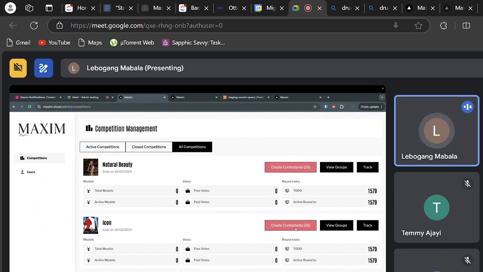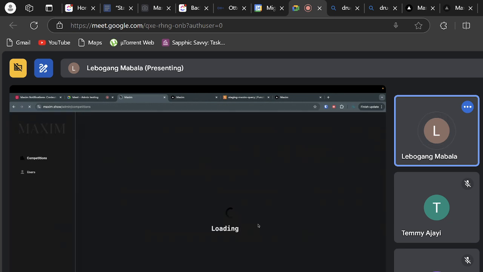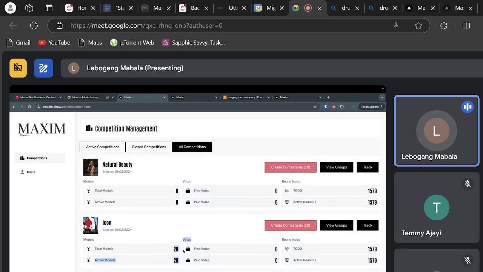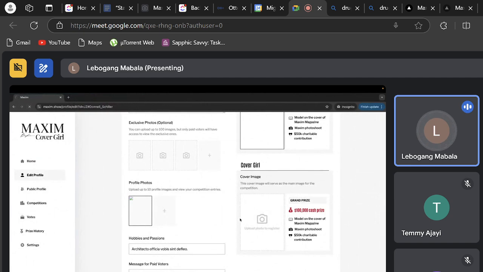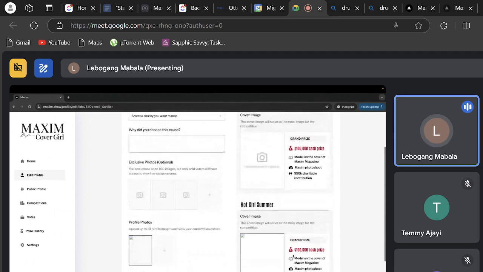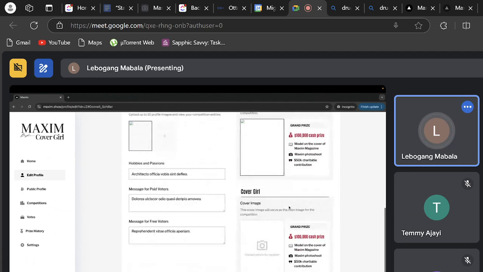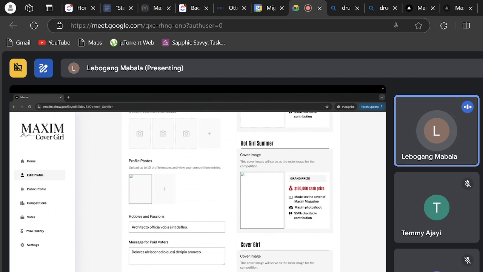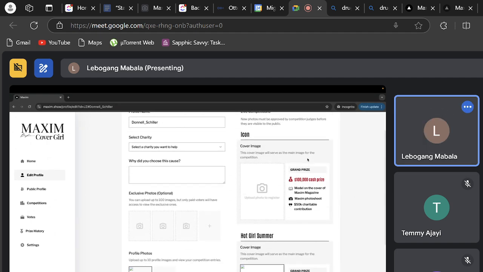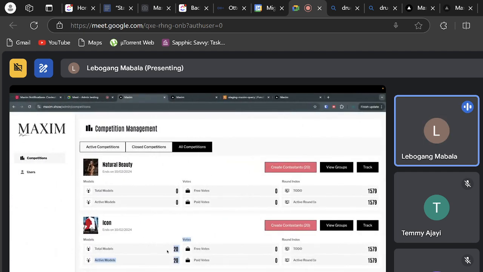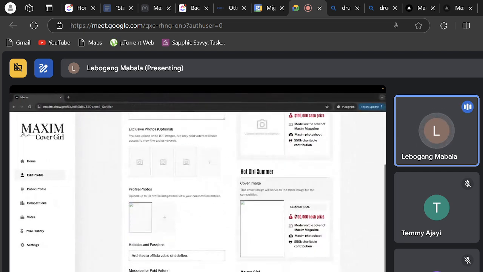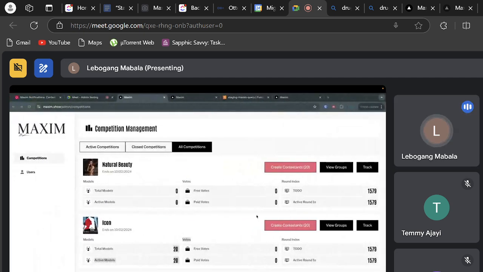contestants, this is just for you guys to be able to test multiple ones. So if I add 20, did I click it? I did click it. So you see, for icon it worked, it added the 20. And if I refresh here, I will see icon. Yeah, now I can see icon. So you can start testing with that. But the fix for this should be in the next release, so you won't have to add manual contestants in order to see it here. So yeah, go ahead.